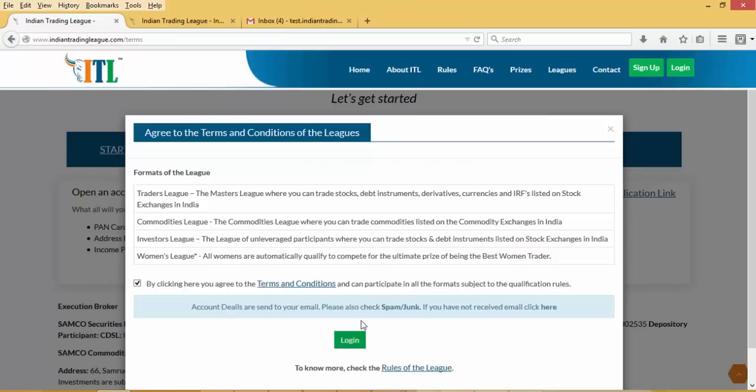The moment you click on open an account, an email with the account details will be sent to your email ID. Also, in case you don't receive the email, please check the spam and the junk folders of your email ID. Still, even despite the same, if you don't receive an email in a few minutes after clicking on opening an account, kindly click here and you will be able to get the account details resent to your email ID.